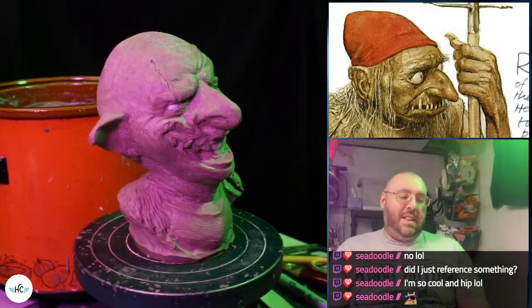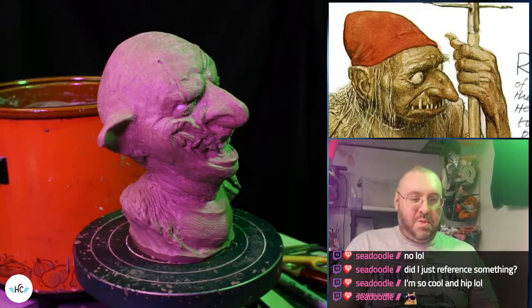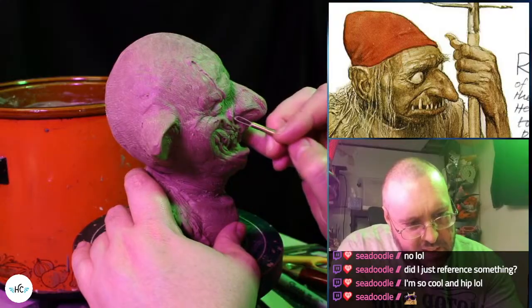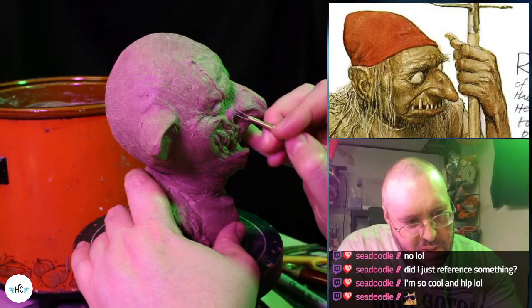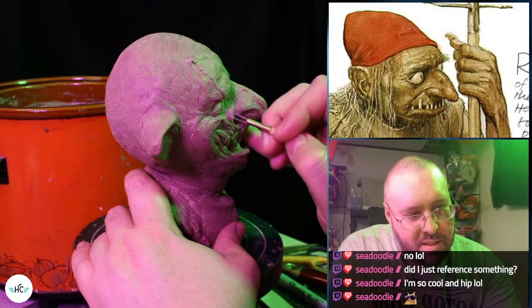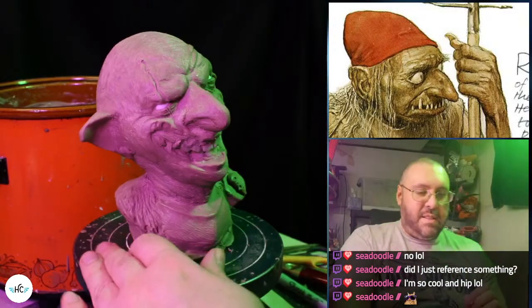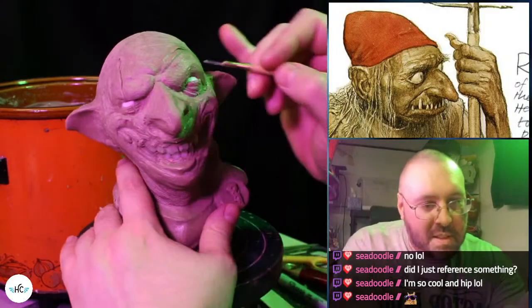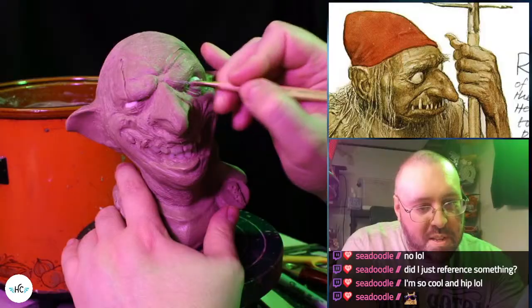Ugh. This is getting much more fun. Are you pleased? It was a good goblin, but it felt a little generic for one of my things. No, I can't be having generic goblinness.